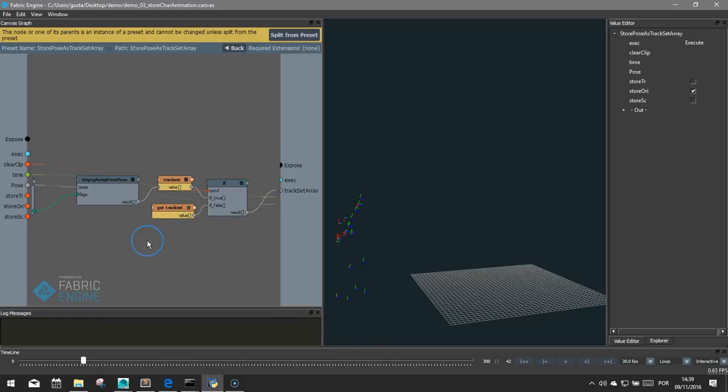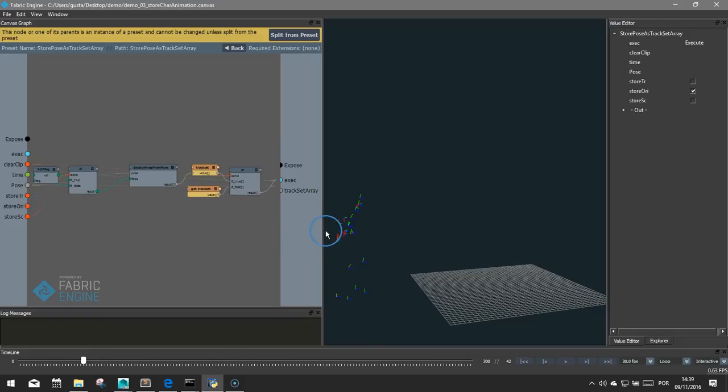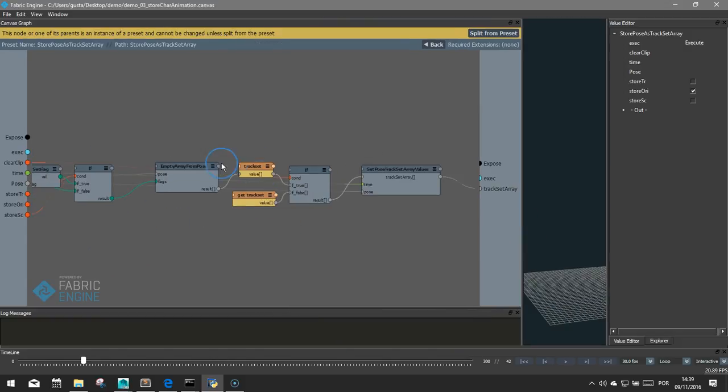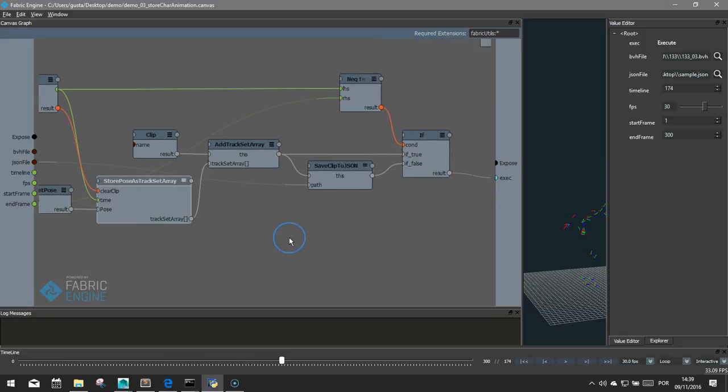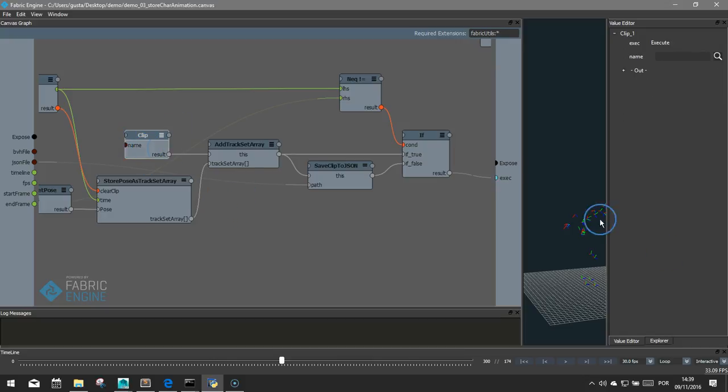If I look at this, it's actually a preset which accumulates in a variable all the previous character poses. So as I run the animation, I'm accumulating in this variable all the positions of the character, all the keyframes. And then finally we get a clip, and a clip is just a group of track sets with a name. So I could give it a name like character,